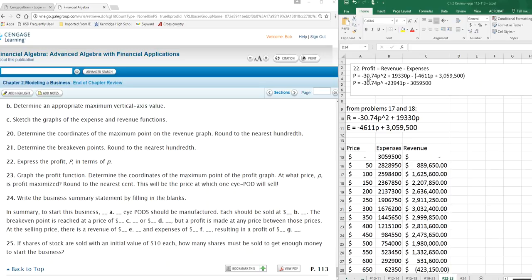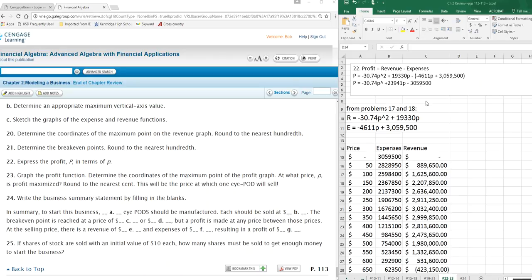So the revenue is here, and again, I copied this from problems 17 and 18 so that you have it. If you want to go ahead and do that, pause the video and do that now. On your test, you probably are going to want to have that handy, although you can flip back and forth on the tabs below. It's up to you, but sometimes it's easier to have them copied directly in front of you here. So revenue minus expenses, here's our revenue, here's our expenses, and we can simplify to get this profit